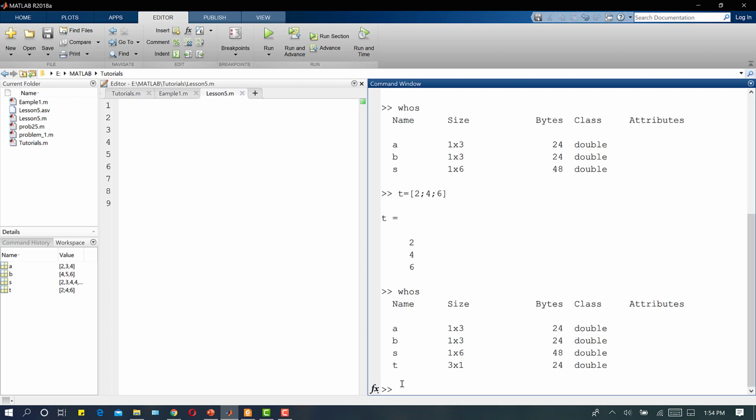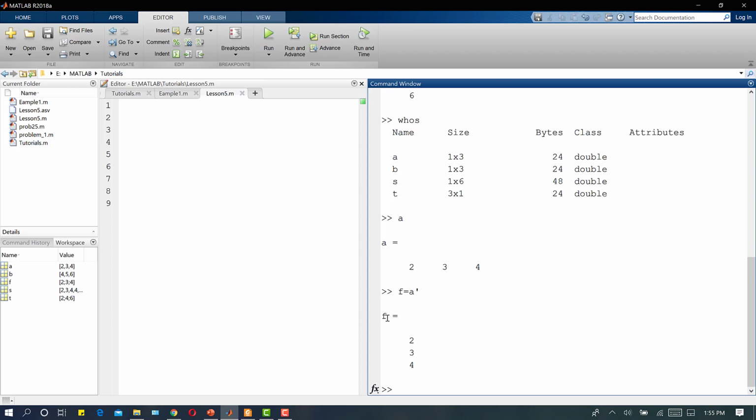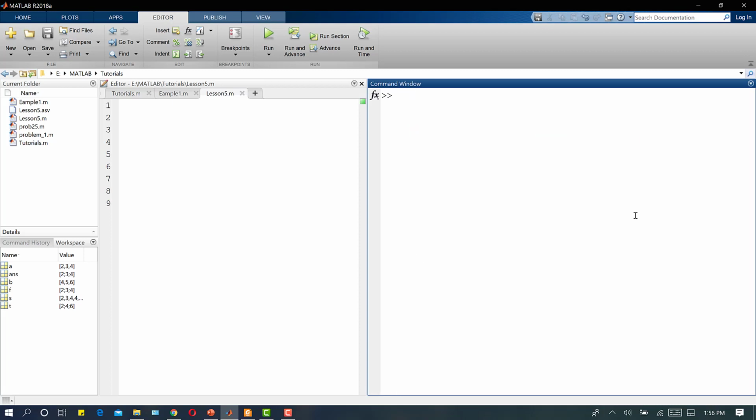Let's suppose we have already entered a vector A. If I want to store this vector in vector F, I write F equals A, then for transpose I have to put an apostrophe. It will store the transpose of this A vector in this variable F. So now we have another column vector F which is the transpose of the A vector.